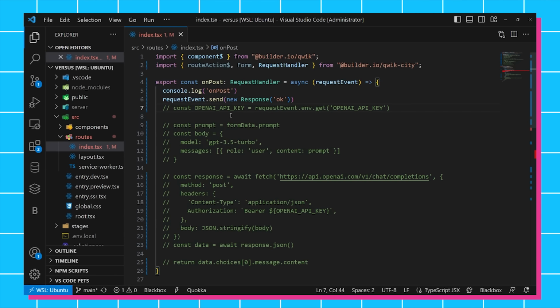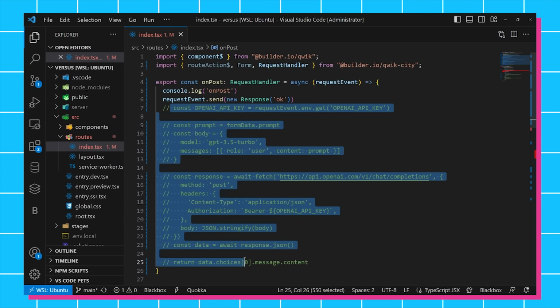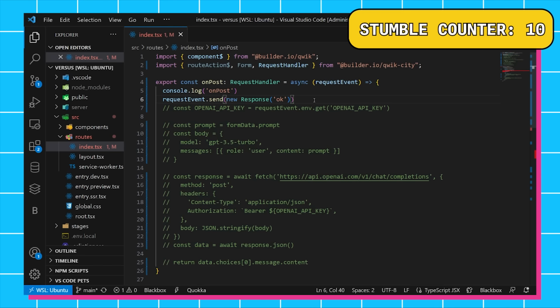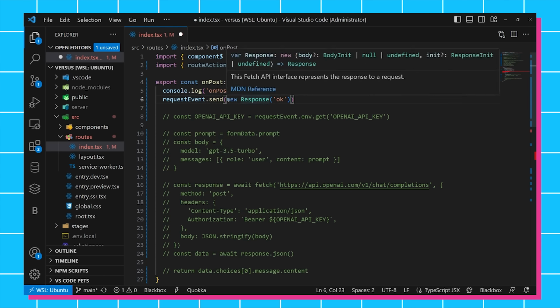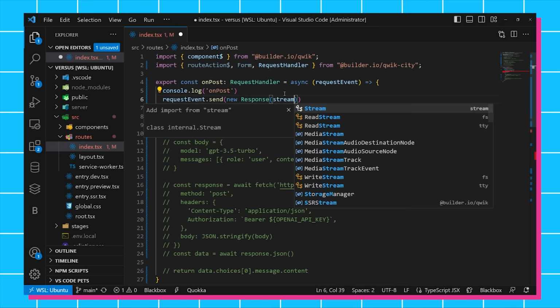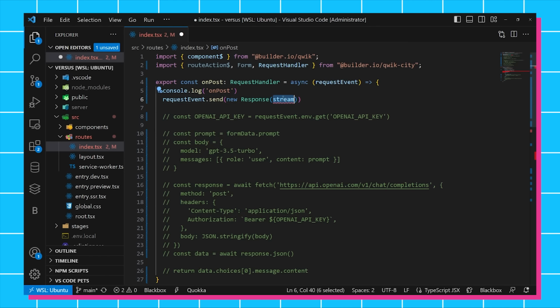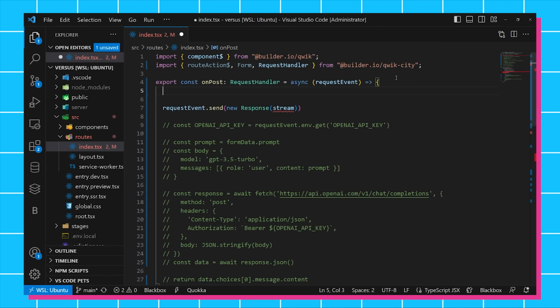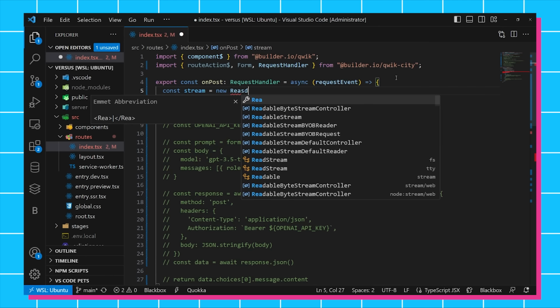OK, the next thing I want to focus on is actually building out the stream. So we're still going to ignore this data. We'll come back to it in a minute. But basically, instead of returning a response with just some status, we want to return a response with our actual stream. Now, what is that stream going to be? We're going to build it out, and we're going to do it in a very rudimentary, very basic stream. So I'm going to say const stream is going to be a new instance of a readable